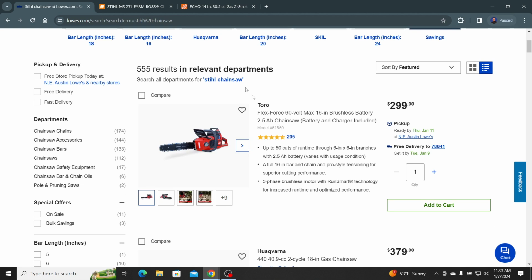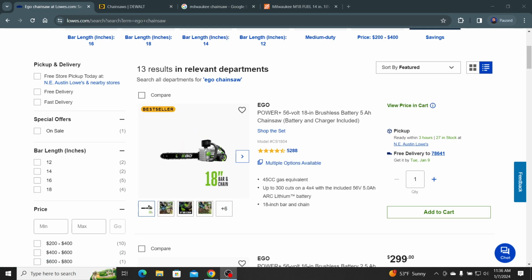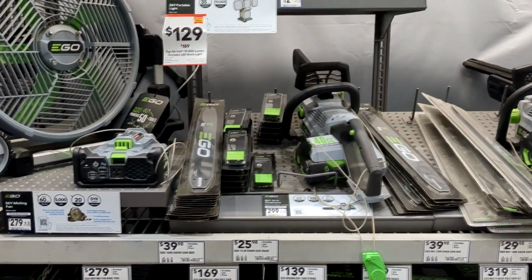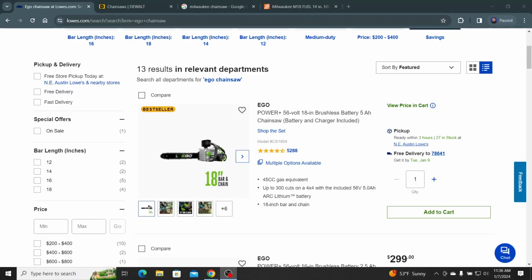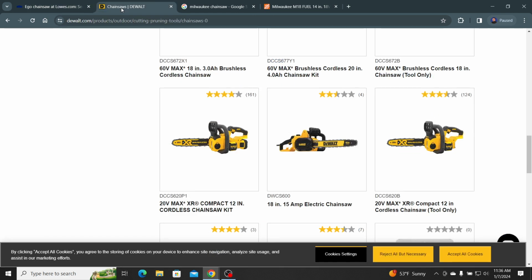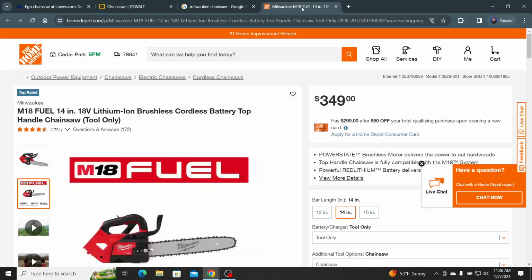And a lot of them, I've been looking at Ego. Let's do a quick search. Yeah, so I've been looking, and I've seen some really nice light and medium duty chainsaws that are very reliable and very effective. Now, I don't have any long-term experience with these, but I know the batteries are lasting very long, and I guess that has to do a lot with some of my decision making on